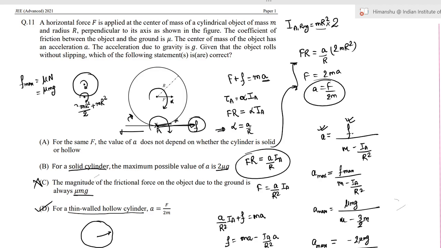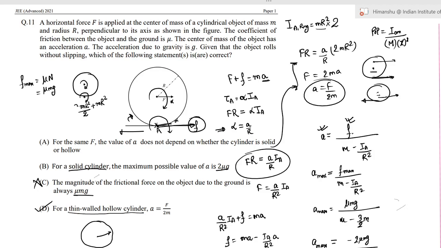it would act in the backward direction, because it's related with the point of percussion, and the point of percussion is I about the center of mass upon mass times the distance from the axis square. So if the point is above the point of percussion, frictional force will act in the direction of the applied force. Suppose this is the point of percussion and the force is acting here, so the frictional force will be directed in this direction. Otherwise,